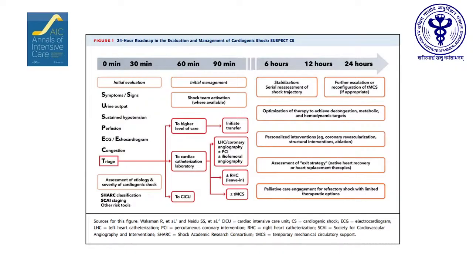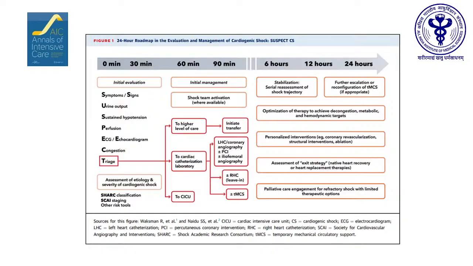So this is a roadmap for evaluation and management of cardiogenic shock given by the Annals of Intensive Care. This paper was published in 2023. It gives a mnemonic known as